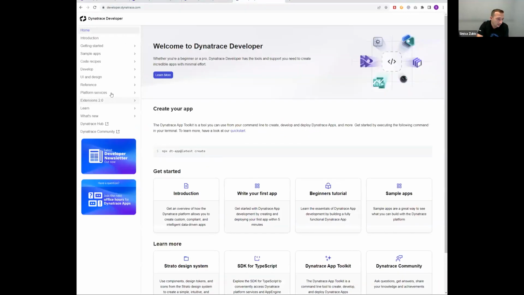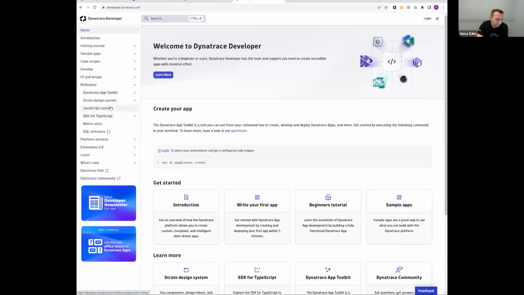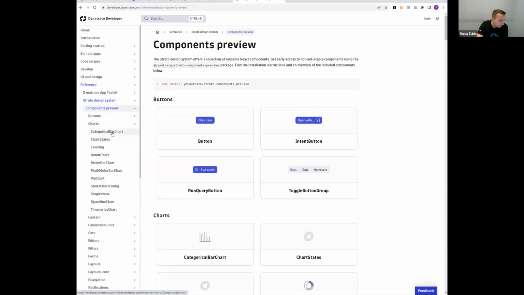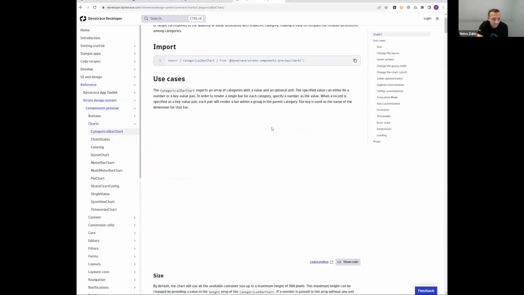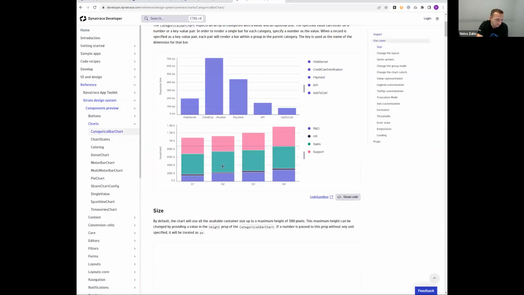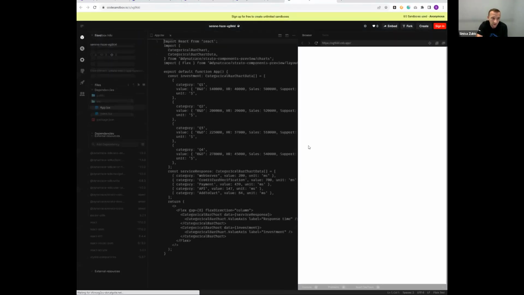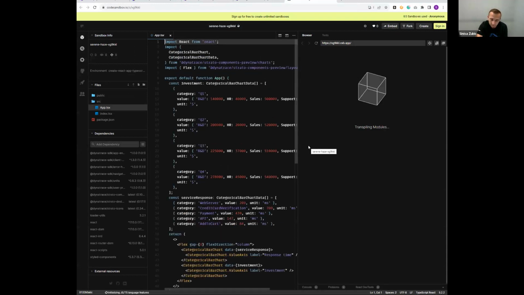On developer.dynatrace.com, in the reference section where we have the Strato design system, let me jump onto any kind of chart and show what we have added there. You've noticed that we have quite a few examples of how you can make use of various design components, and we have now added a CodeSandbox integration, so you don't have to use the component within your app to play around with it. Just click on the CodeSandbox link, and you're forwarded to CodeSandbox, where you can mess around